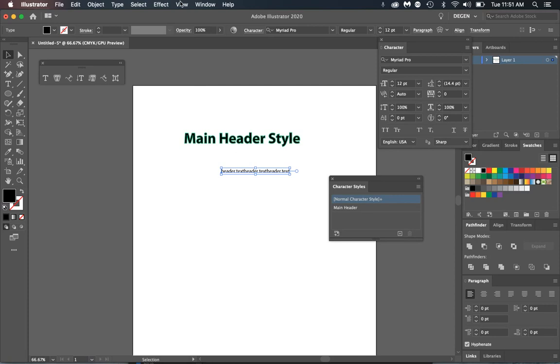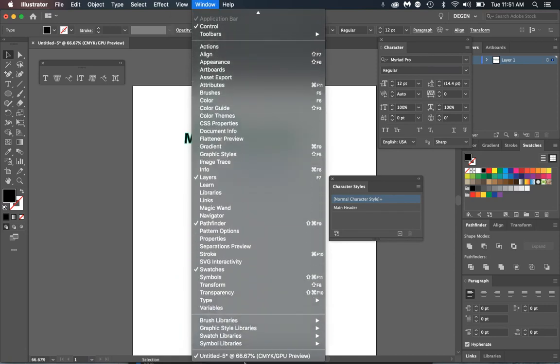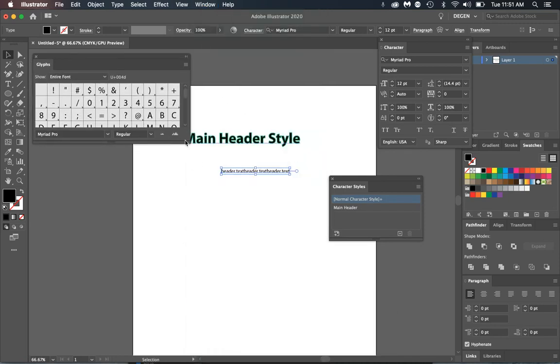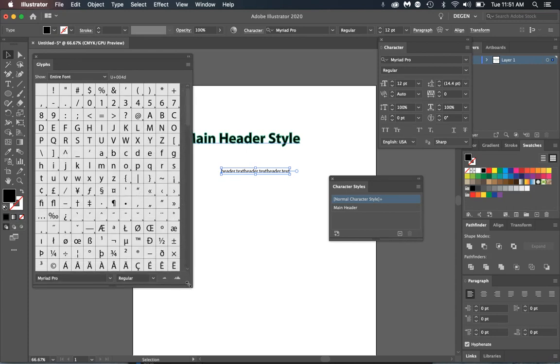They're called glyphs. So under the Windows menu, go down to Type and select Glyphs. Glyphs are just special characters that you can find in these menus. Now, they may be available on some font styles and some not. Let's say that I want a $ or percent sign and specific fonts may have it, or if I'm typing in a word in a foreign language, per se,